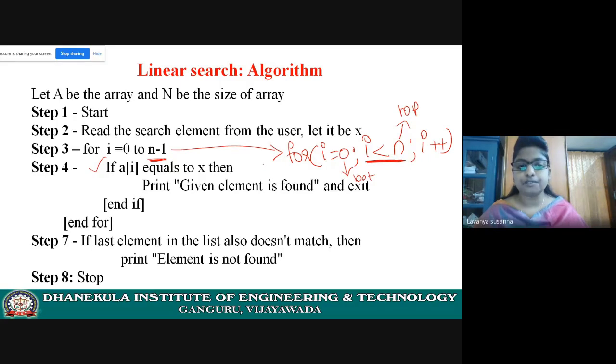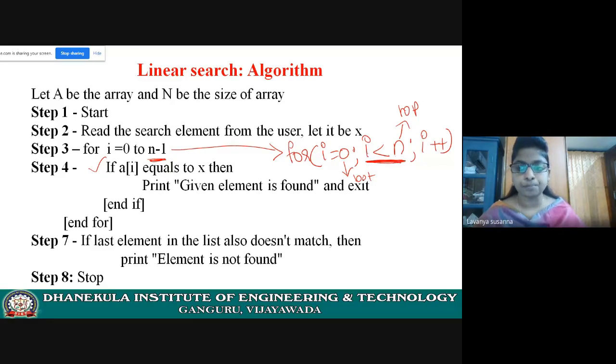Your assignment is to find out the time complexity of the linear search algorithm. Here, this is the condition. For this condition, I have given the formula also. Using that formula, find the time taken. I hope you understood. If there are any doubts, you can respond now. You need to find time complexity, right? Time complexity means you need to know what is the condition in the for loop.